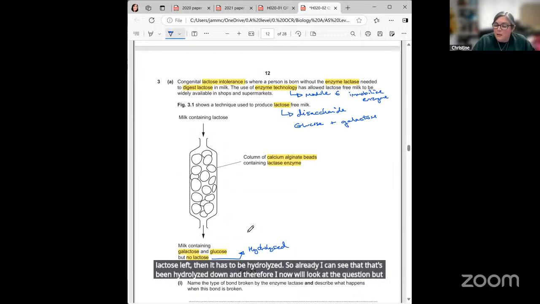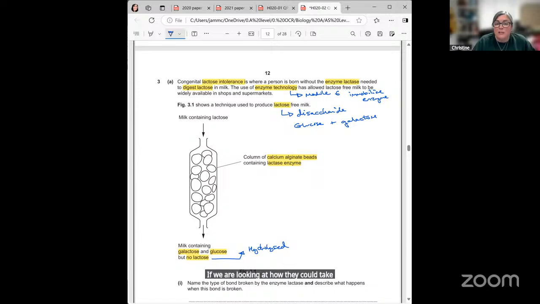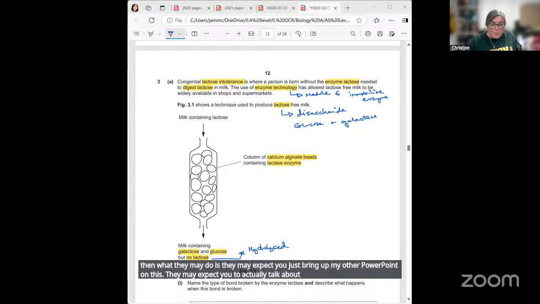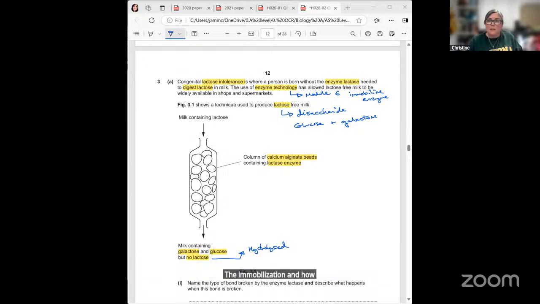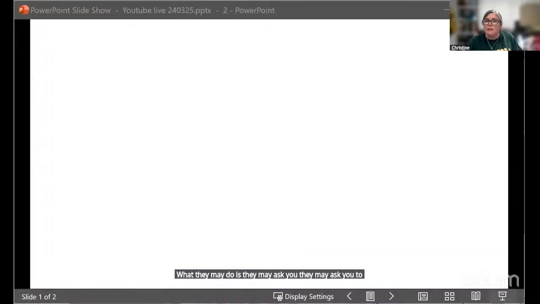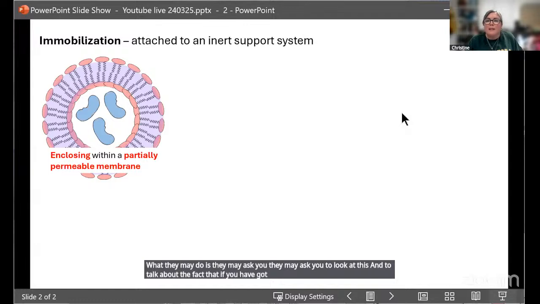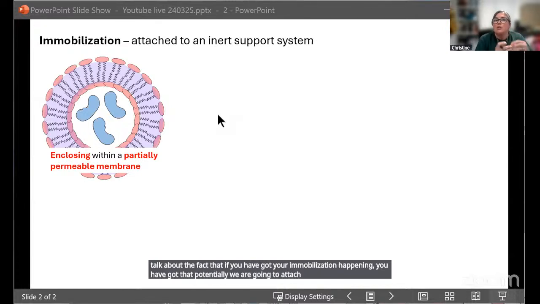But if we are looking at how they could take this into a year 13 content lesson, then what they may do is, let me bring up my other PowerPoint on this, they may expect you to actually talk about the immobilization and how it could be immobilized. What they may do is ask you to look at this and talk about the fact that if you have your immobilization happening,